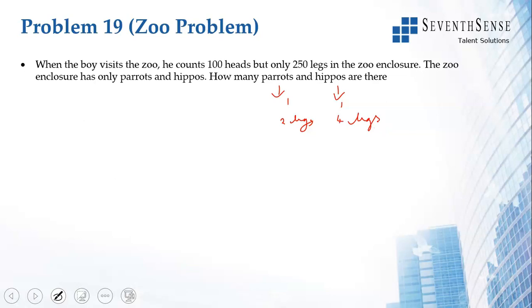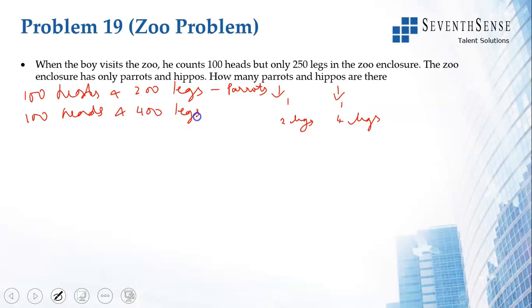Now, if it was all parrots, we would have had 100 heads and 200 legs. If it was all hippos, we would have had 100 heads and 400 legs. Now, the mixture of parrots and hippos is 100 heads